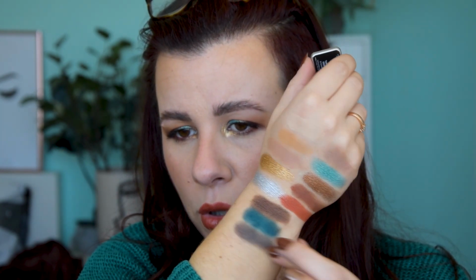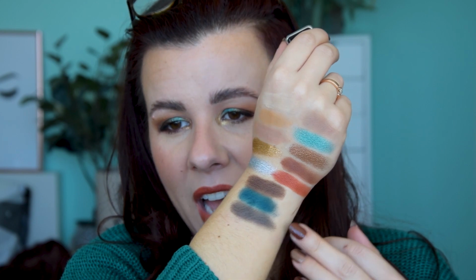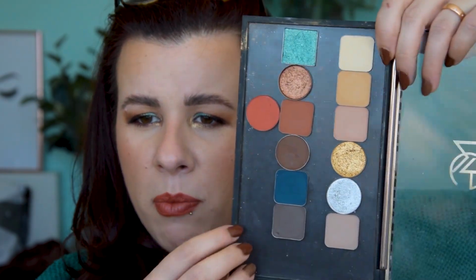I picked Take for Granite by Makeup Geek, which is more on the gray side than the purple side. And it's a cool-toned gray brown, granite brown. And you can see how these ground the look, any look that you do. These will really deepen up. And I think from that point of view, they did a decent job with picking all of